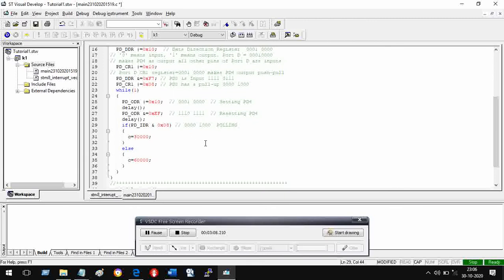But if I have the availability of an interrupt, it will be wonderful, because if anybody presses the key, then only the interrupt will occur, and when the interrupt occurs, then only I will take a call what to do when the switch is closed, what to do when the switch is open. So I'll save a lot of time. In the available time, I can do something much better.